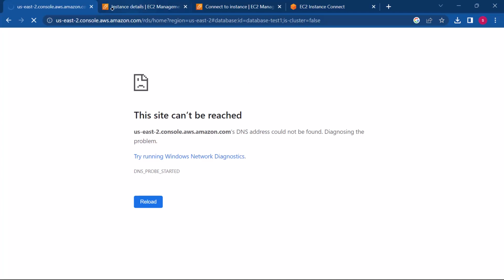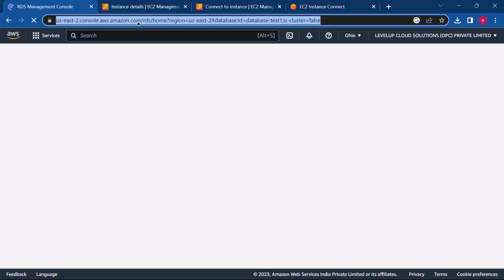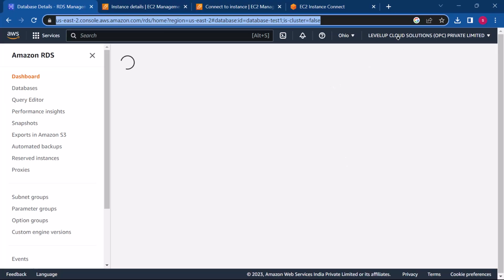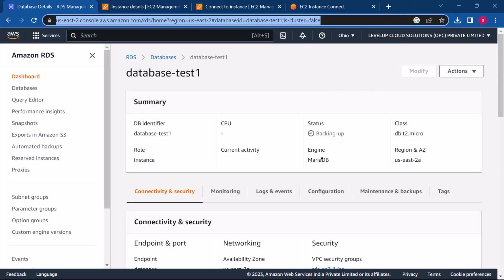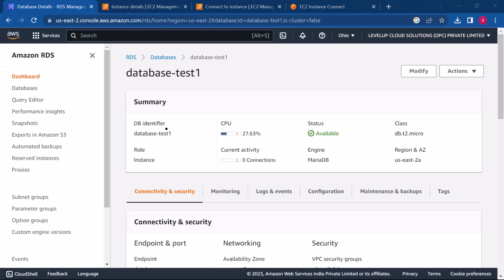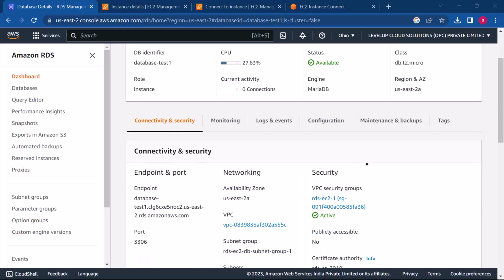Let's wait for 1 minute. Okay, it's still backing up. Right, now if you see, the status is available. Okay, and now here you see there is something called an endpoint, and at which port it will work. It will work at a port called 3306. Now let me copy this